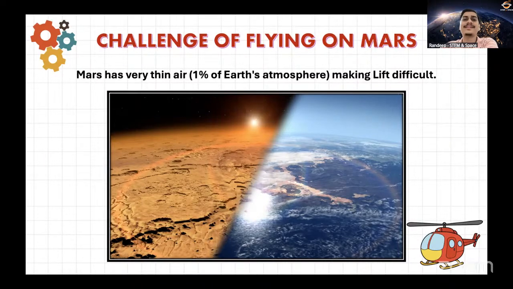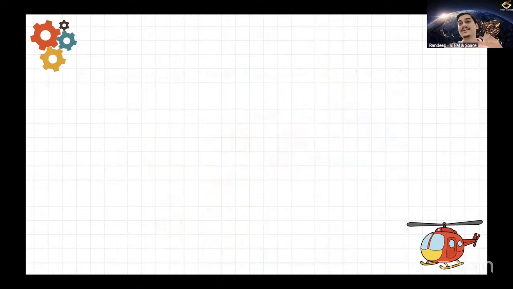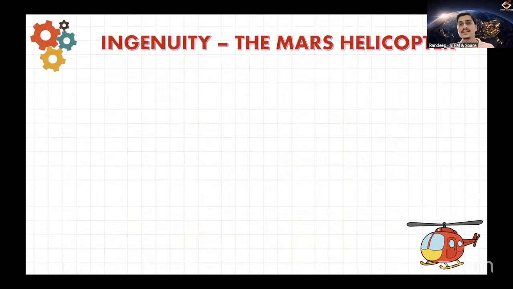So even if it is thin, can we do something so that our helicopter actually is able to fly over there? Now, just imagine that if the atmosphere is so thin, then the surface will be very clearly visible. And that is why whenever you see pictures of Mars compared to Earth, you will often be able to see clouds and many other such kinds of atmospheric phenomena on the Earth pictures. But on Mars pictures, you'll be able to see almost the land very clearly. Okay, that's because the atmosphere is very thin. So there is nothing to obstruct that light. So if you look at this Ingenuity, then there are certain very important properties and some very important features of Ingenuity that actually make it possible for it to fly even on Mars.